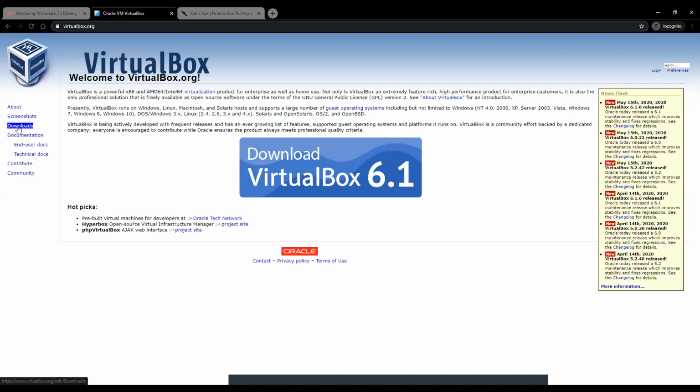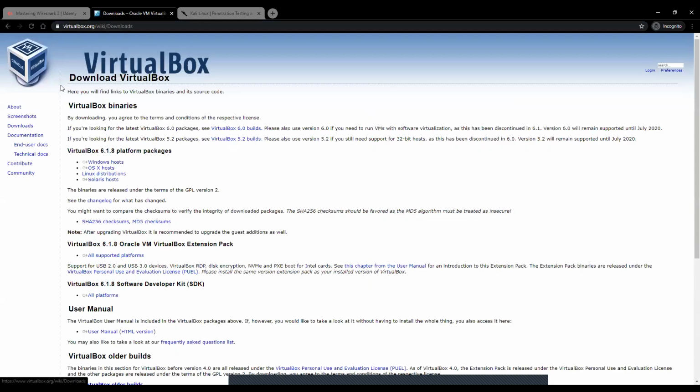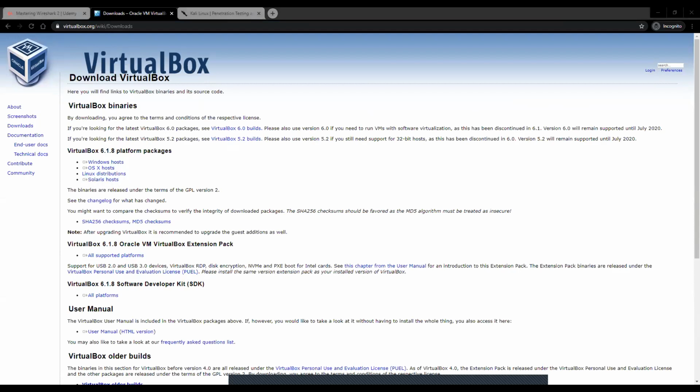Here you need to go to Downloads. If you click on Downloads on the left, it will redirect you to a page where you can download VirtualBox. The downloads include Windows hosts, OS X hosts, Linux distributions, and Solaris hosts. As I'm using a Windows machine, let me go with